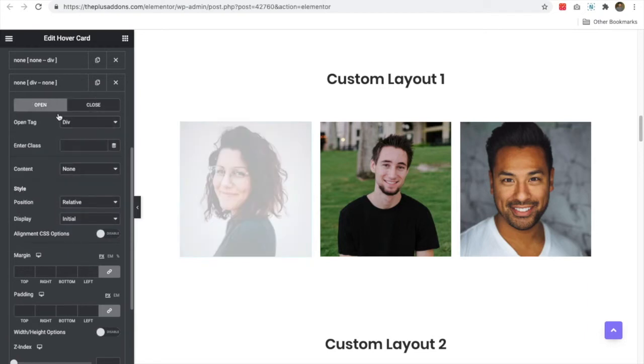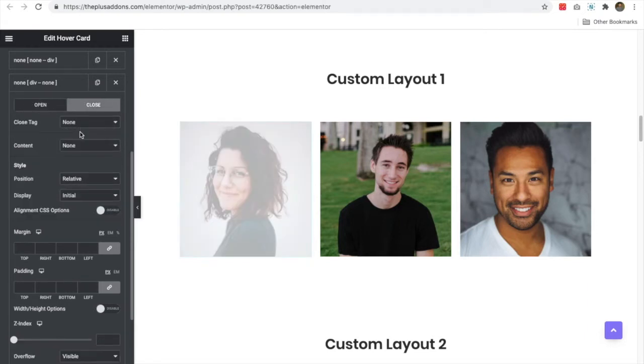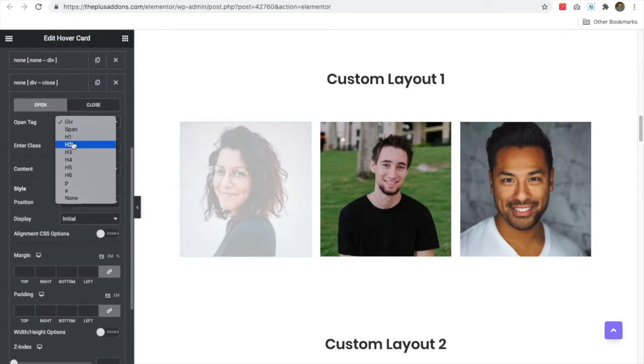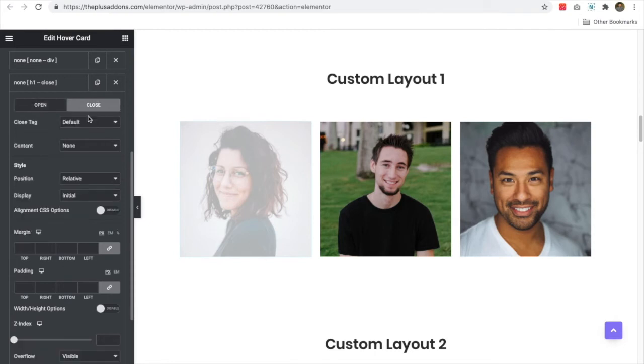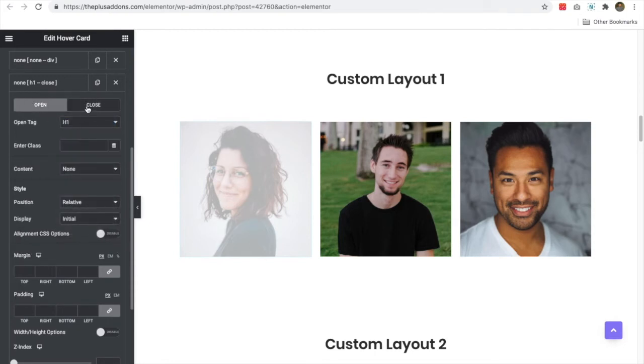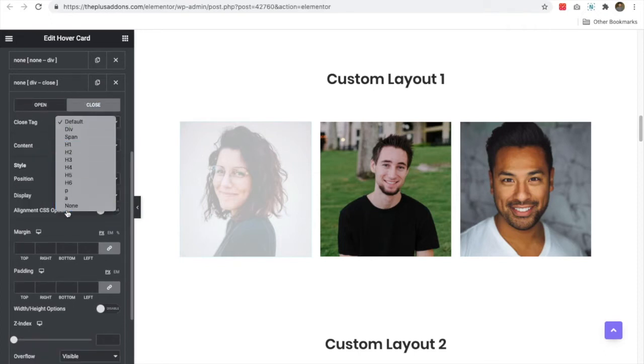If you want to keep that div open, you can select none, or when you select default, then whatever you have selected over here will be closed by itself. For example, if you have selected h1 and your value is default, then h1 will start and close by default. So if you want to keep your div open, you just need to select none over here.